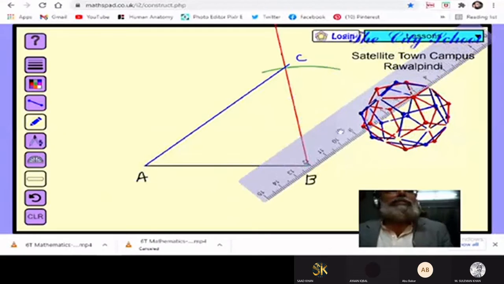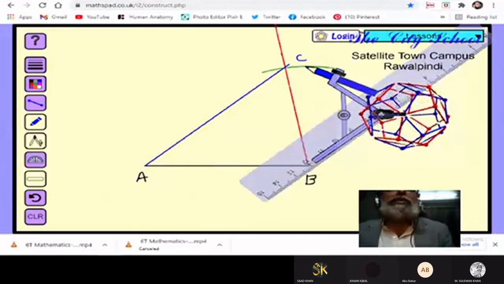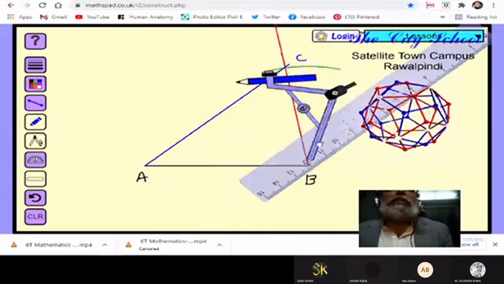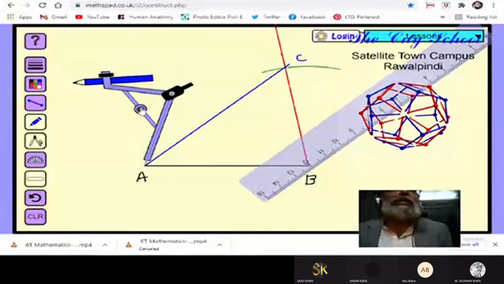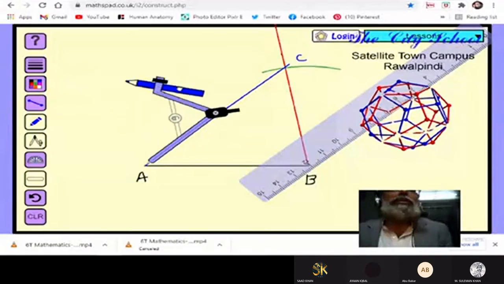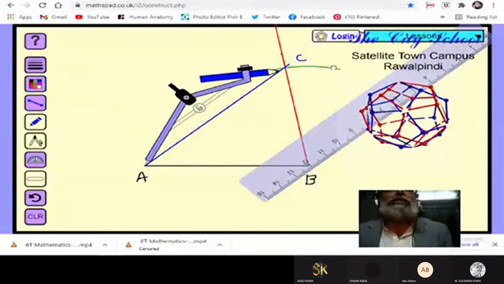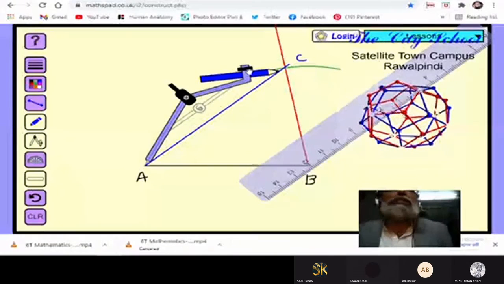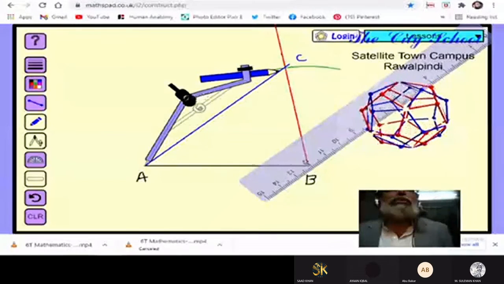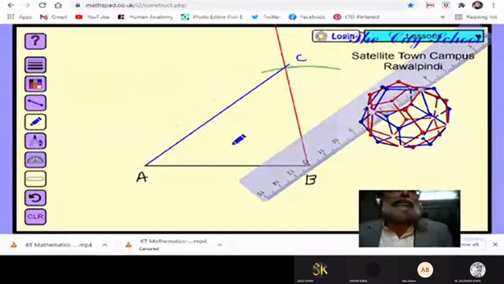Now, what will be the length of this? So to find the length, what will we be doing? We will be keeping this at one point at A, and now we'll be keeping this open and finding the length, that how much length it has. So you can see that it's not able to extend it further. So it's not possible with this one. So what we'll do? We'll be doing another method.